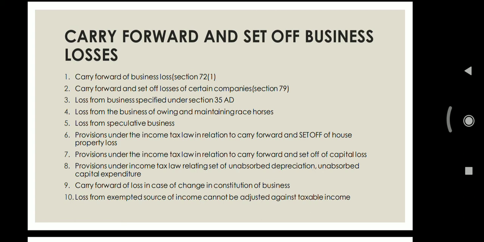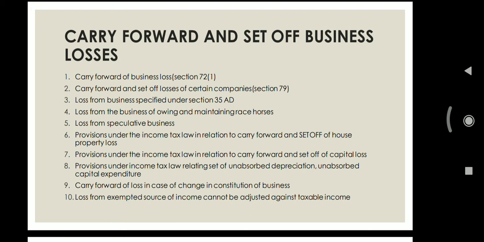Okay. And the second case is carry forward and set off of losses of certain companies, included in section 79. Section 79 of the Income Tax Act 1961 deals with carry forward of business losses for certain classes of companies. Where a change in shareholding takes place in a previous year, in the case of a company not being a company in which the public are substantially interested, no loss incurred in any year prior to the previous year